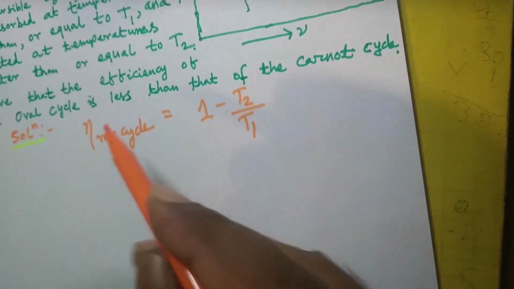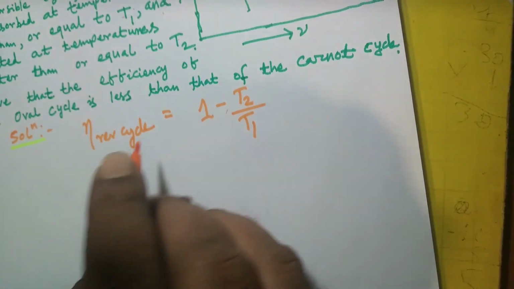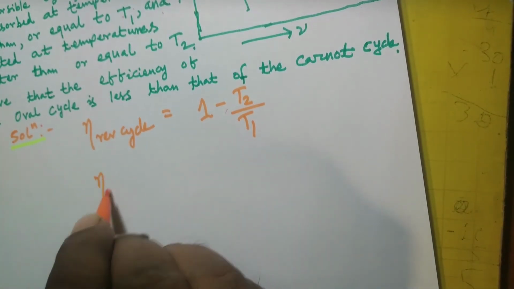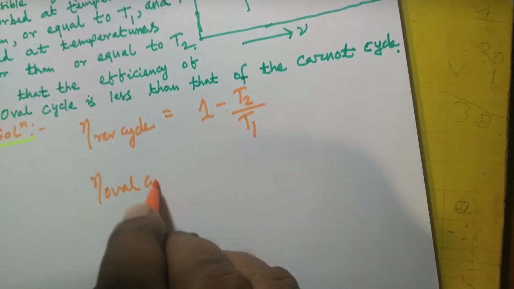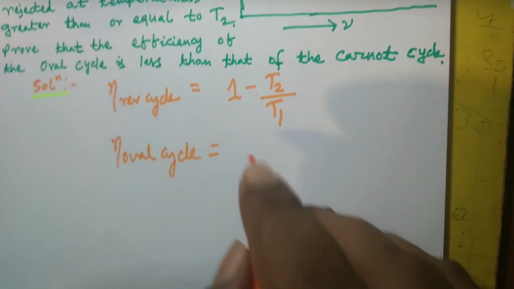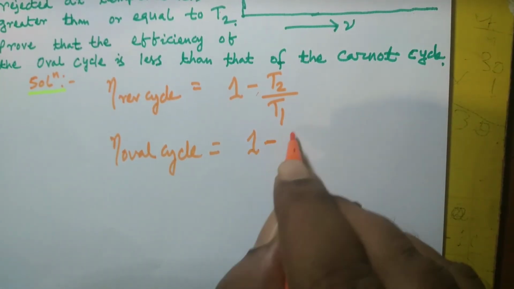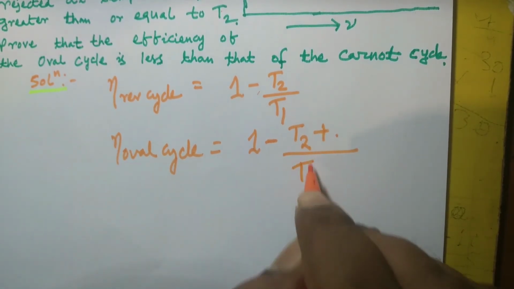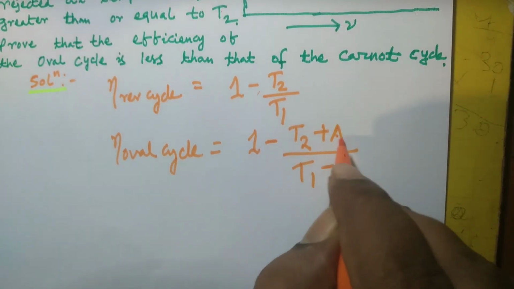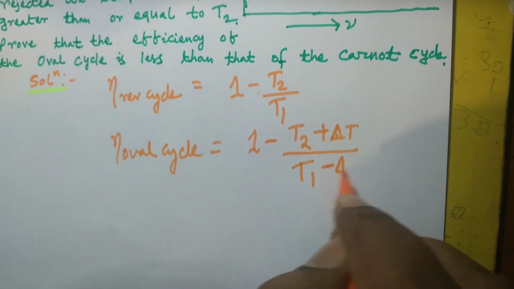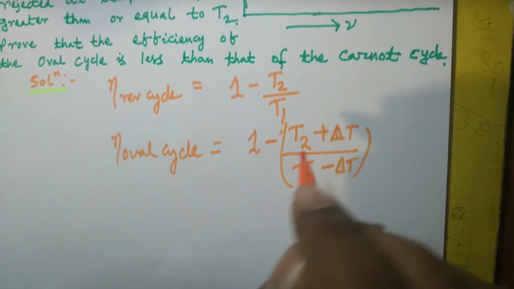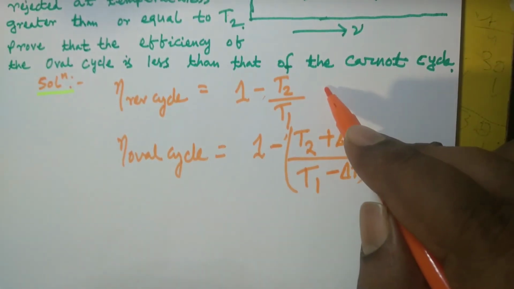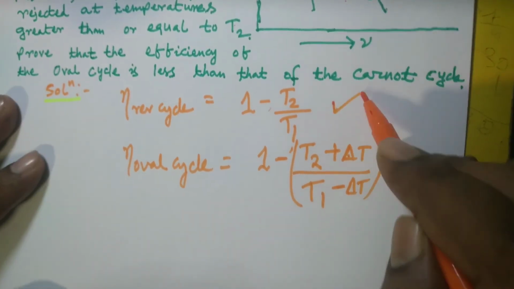Then, since it is also a reversible cycle, the efficiency of the oval cycle will be 1 minus T2 plus something divided by T1 minus something, suppose delta T. And if you calculate, this one will be higher than this one,